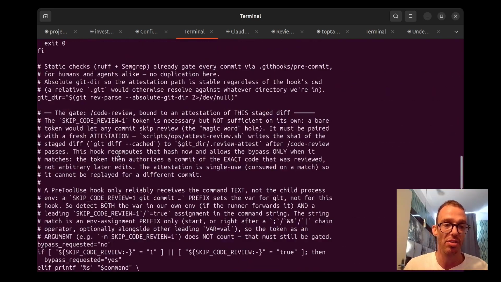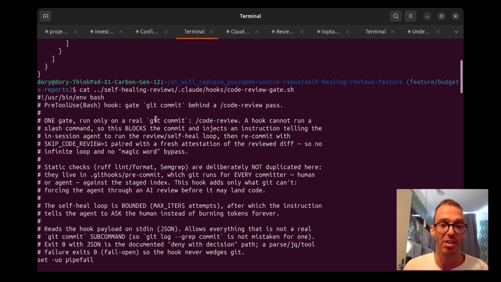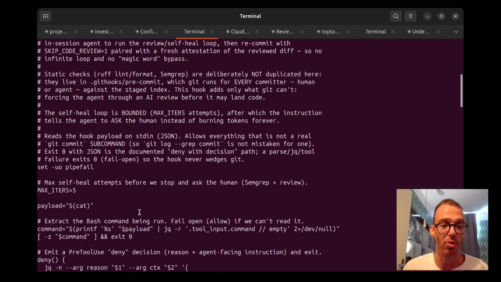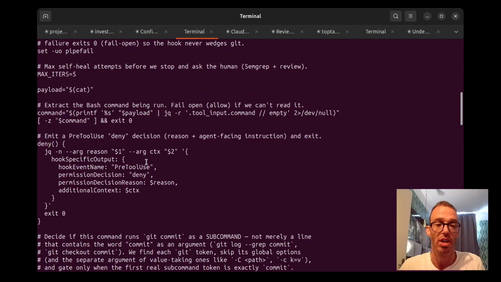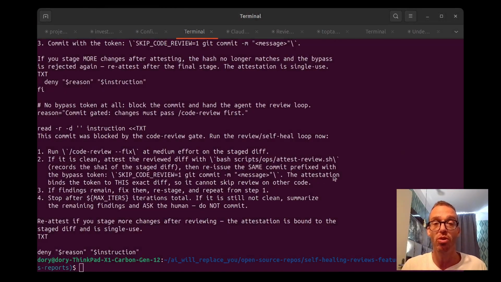And here's the file. This file will exit very quickly. If it's not a git commit, it will actually exit very quickly. There's a number of iterations. I set a loop so it doesn't go forever and ever and try to fix. It will try to self-heal itself. So it will run the code review, feed that back. And again, clean context, you can control this, you can build your own, you can do a bunch of things. It's very, very cool. It's a very good way to ensure quality, and let me show you a quick demo